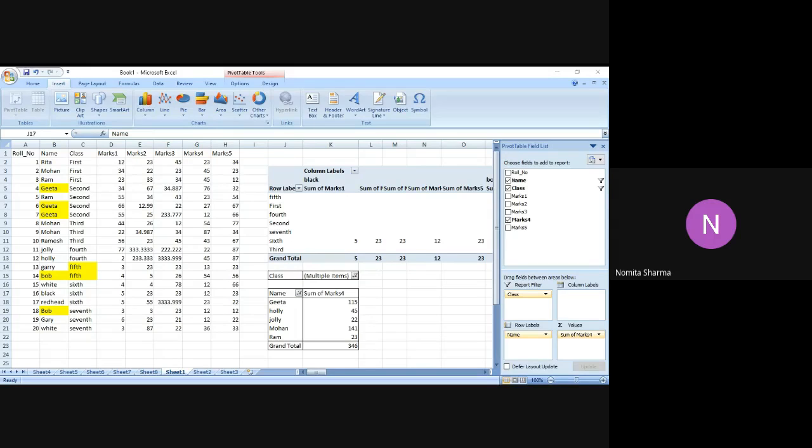And you guys are practicing. I'll give you a question in the other class. In the meantime, you can practice that, and let's see what extra things we can do. We can also make a chart with the pivot table. So let me just show you that also. So I go back to my sheet.